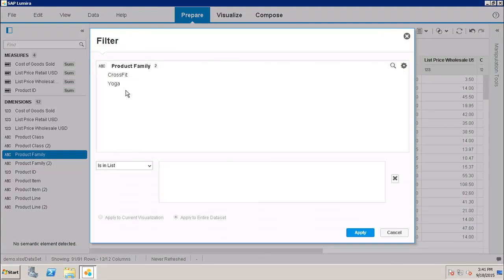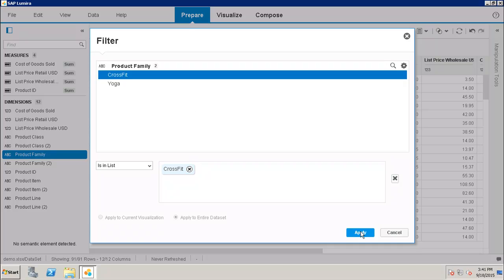I will click on filter and it will open up the filter panel here. It is showing me all the different values of product family which we have. Now I have the operators here, which is in list, not in list, equal to, not equal to, contains, like and not like. So based on this, I can put in the filter value of the product family.